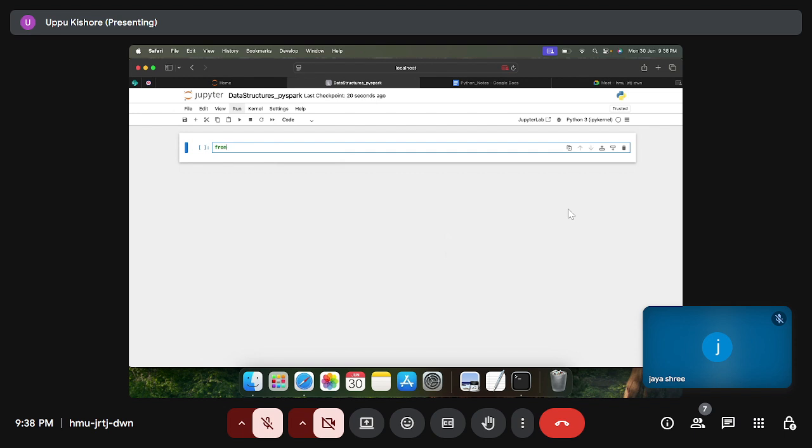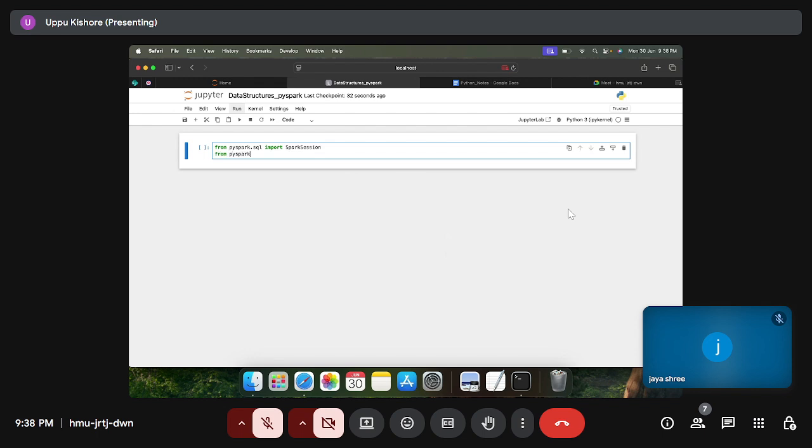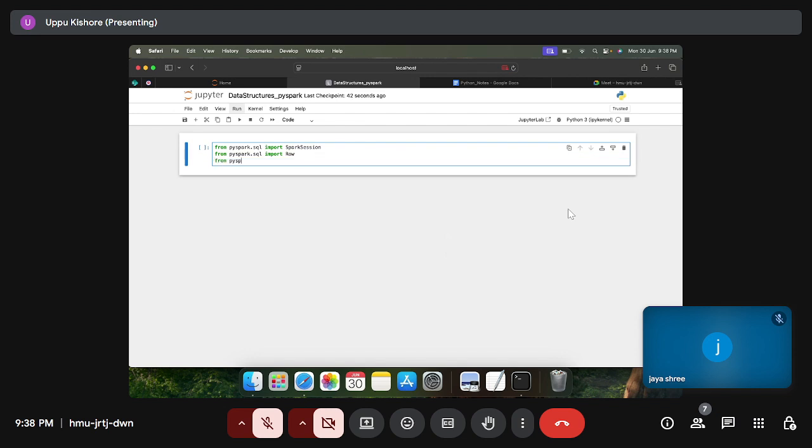So first step is from pyspark.sql, what will we import? For any PySpark code, we need a Spark session, right? So I'll import this. Next, from pyspark.sql I'll import Row. Again from pyspark.sql.types, I'll import StructType, StructField,